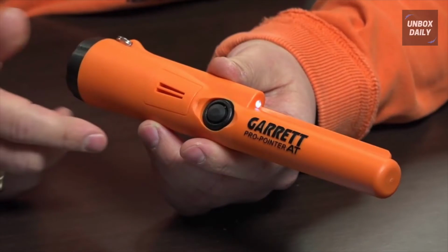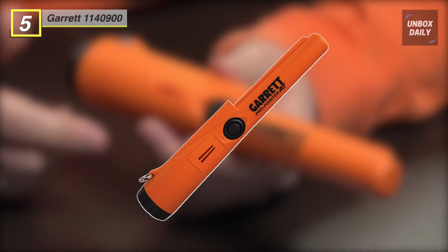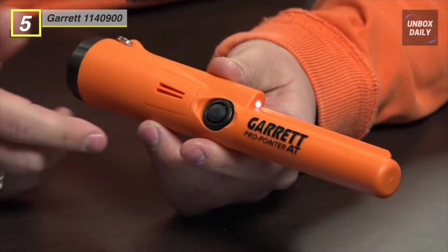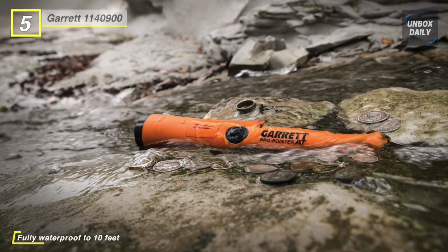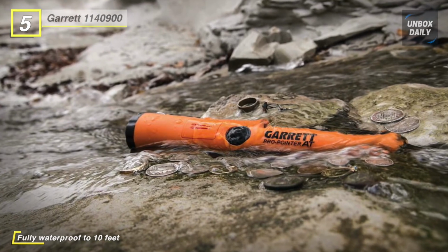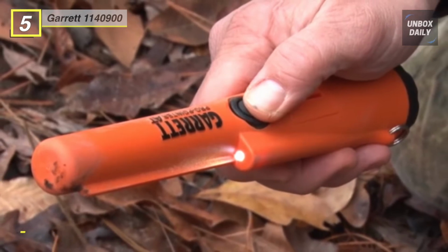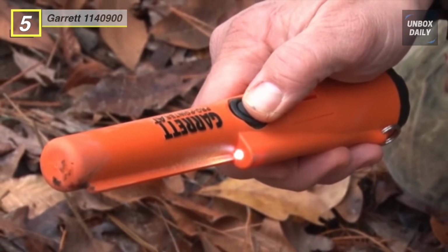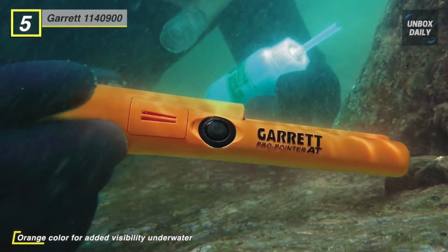Next up on the list, we have the Garrett Pro Pointer AT waterproof pinpointing metal detector. It provides all-terrain versatility for locating and pinpointing metallic targets. This detector is environmentally protected from the elements and is fully submersible to a maximum depth of 10 feet or 3 meters. It offers maximum sensitivity for improved detection of nuggets and other small targets, and you can choose from